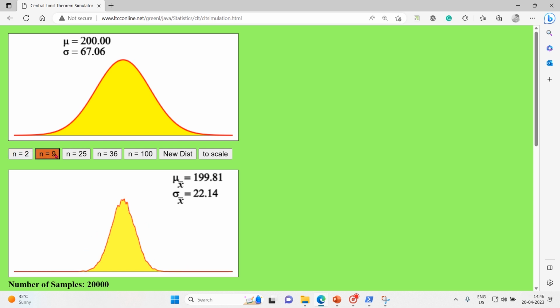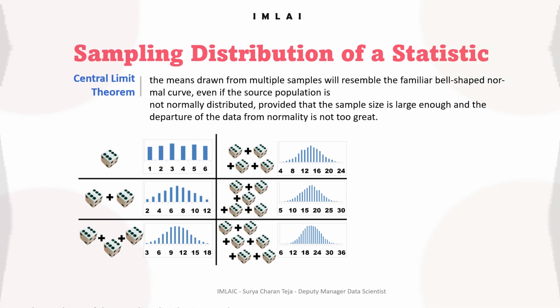And with 9, the spread is reduced. With 25, the spread is reduced very much, and you see that it took a proper normal distribution curve. Spread is reduced further down, and at 100 completely reduced. That's what is our central limit theorem. So the phenomena